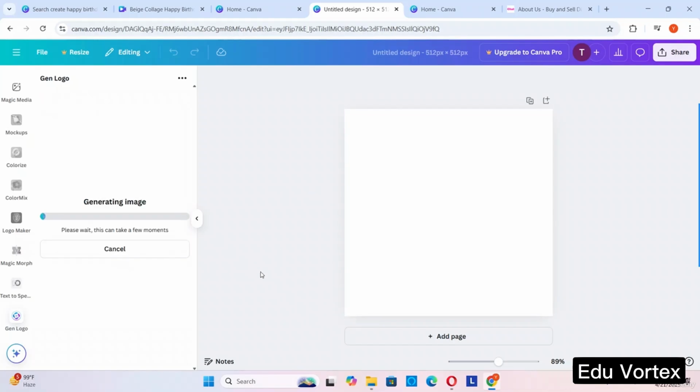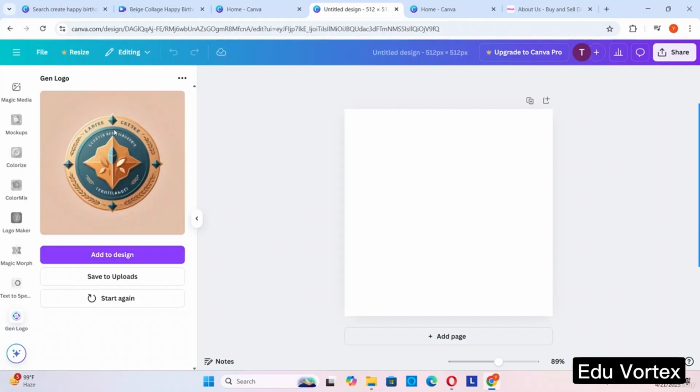So some things are free and some are paid on Canva, but there are still so many things available to do for free. So okay, I'm just going back to apps, and there are so many apps which you can use, like this is text to speech